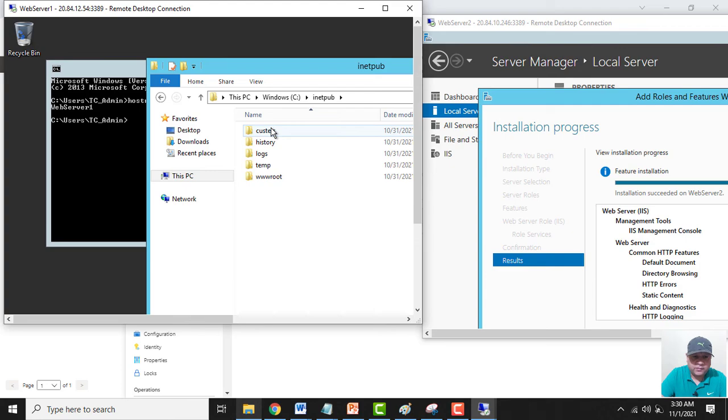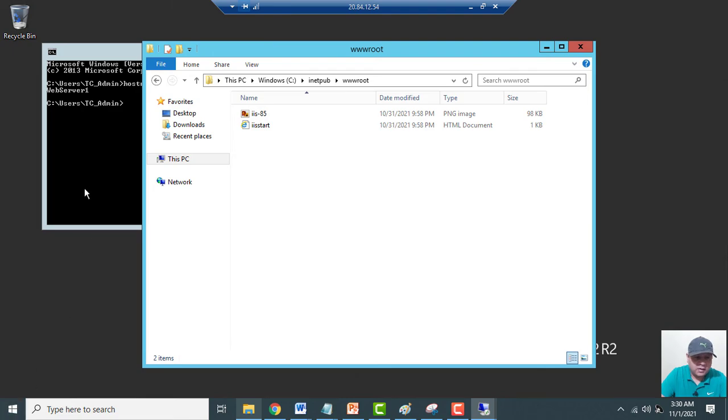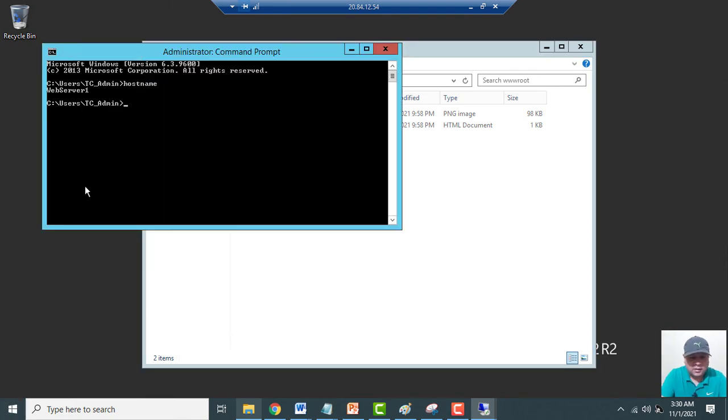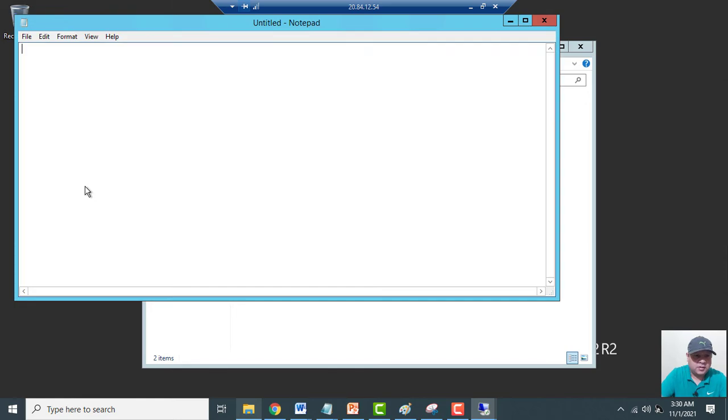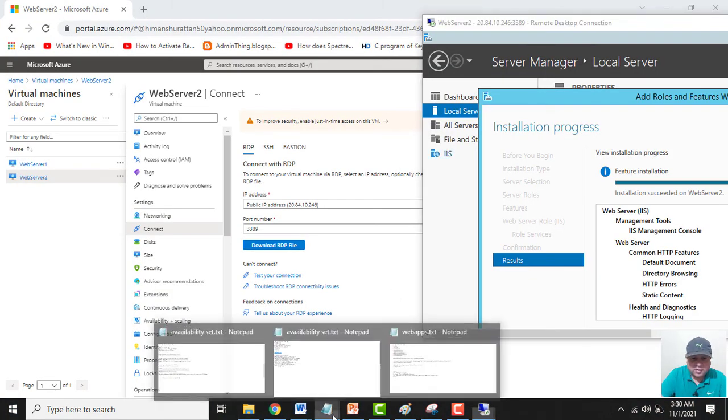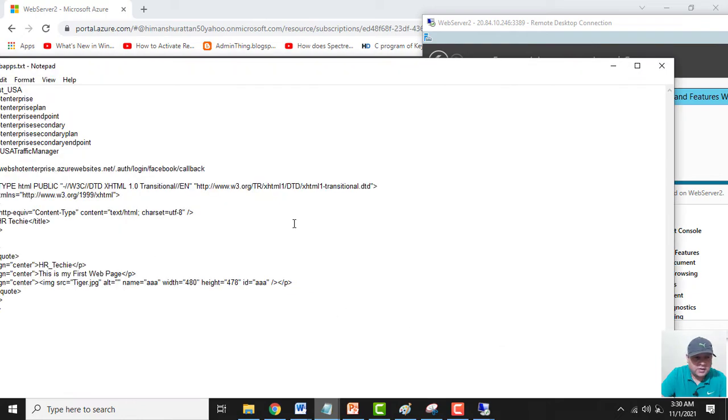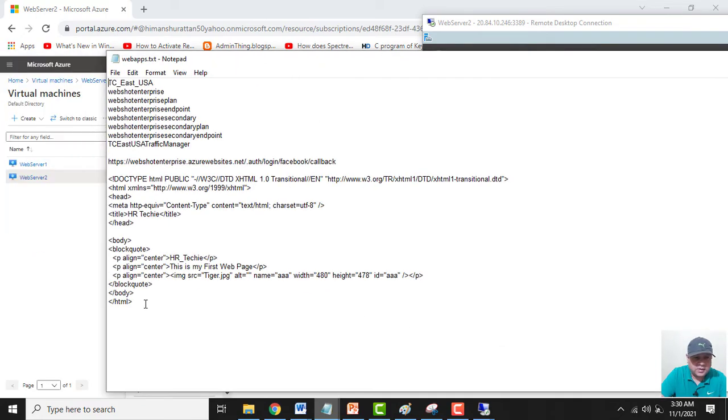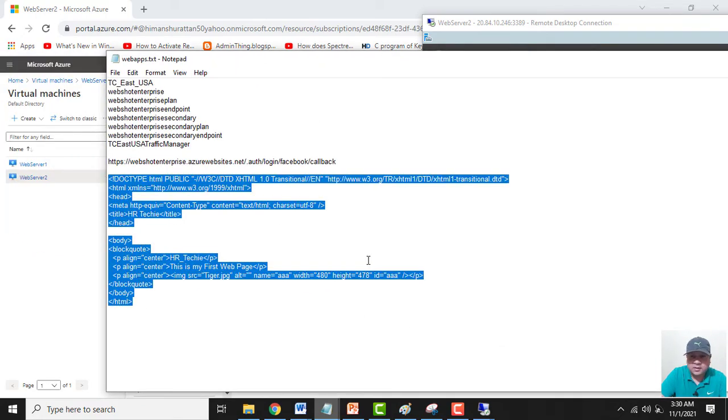This is the inetpub folder. In the wwwroot, I will create one small HTML page. Here guys, I already have the code for a very small and basic HTML page. Let me copy it.